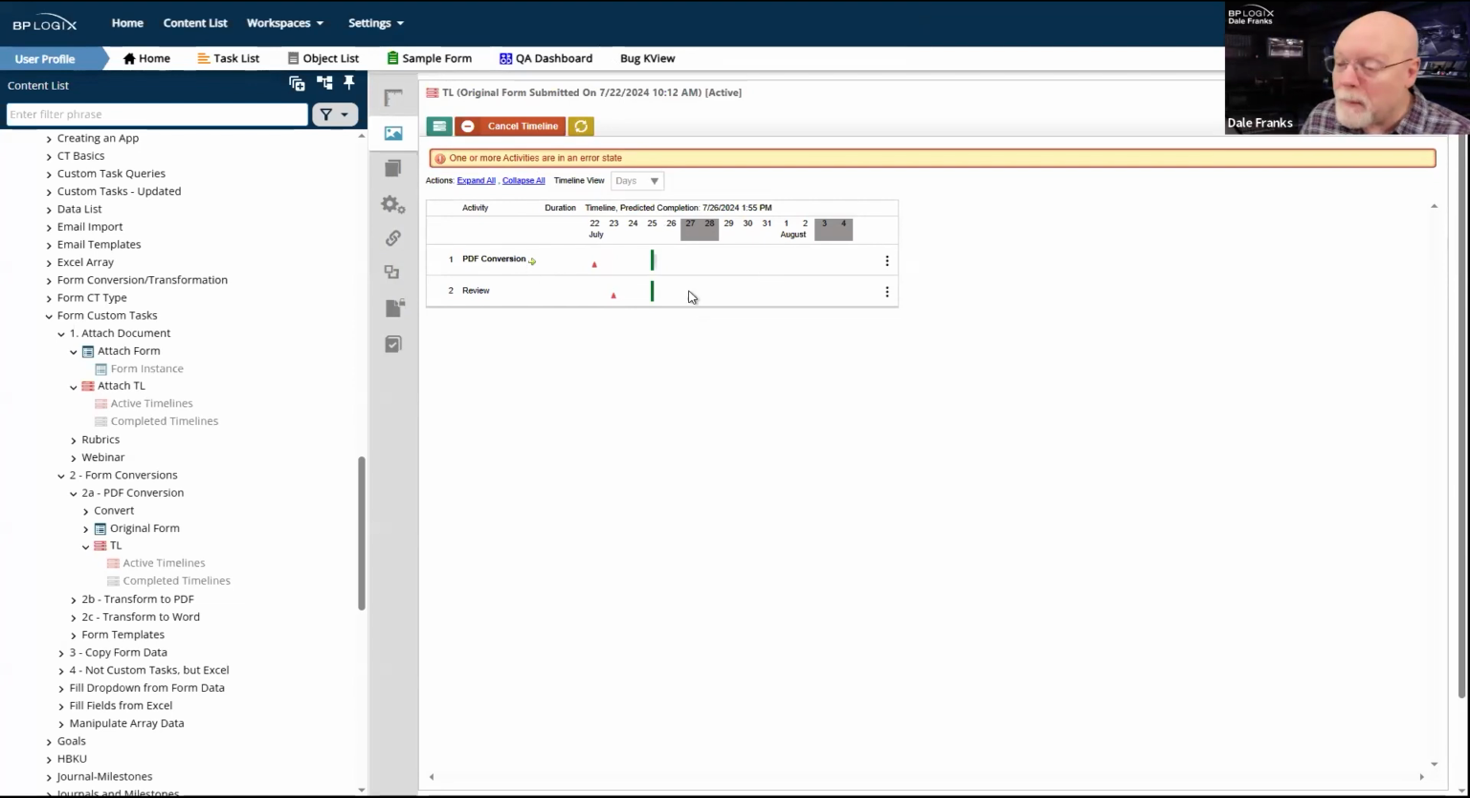So optimally, what I would like to be able to see is the green checkbox here rather than the arrow that says this activity is running. And I would like to see it in the review activity. And I would like the "one or more activities are in an error state" message to disappear. So when I first restarted that activity, it did reload real quickly, but it reloaded telling me that we are now